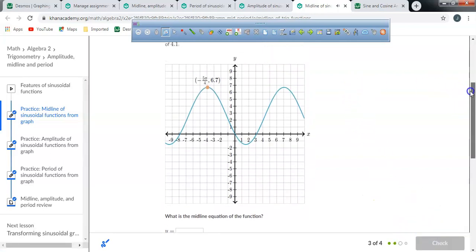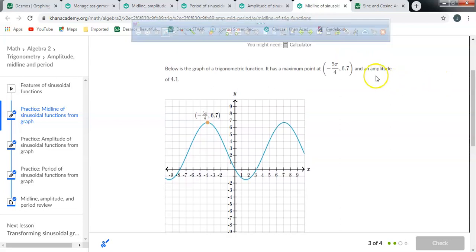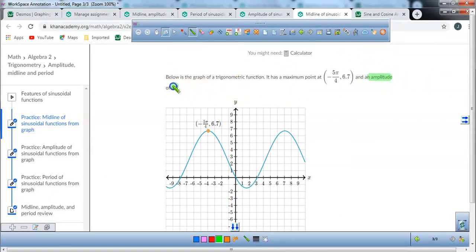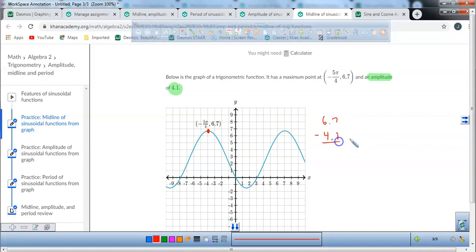All right, here we go. Oh, they gave us an amplitude. All right, sweet. Amplitude is 4.1. There's our highest point at 6.7. Once again, really easy. Just take that 6.7, take away that 4.1, and that leaves us with 2.6. That means our midline's at y equals